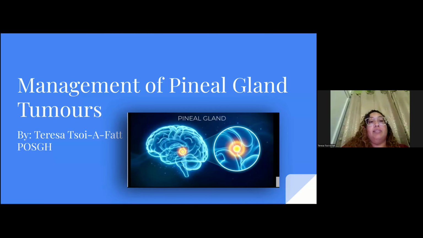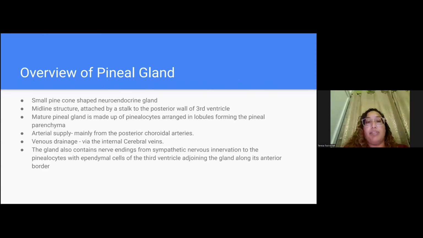So, the pineal gland is a small pine cone-shaped neuroendocrine gland. It's a midline structure that's attached to the stalk of the posterior wall of the third ventricle. The mature pineal gland is made up of pinealocytes arranged in lobules forming the pineal parenchyma. The arterial supply to this gland is mainly the posterior choroidal arteries, and the venous drainage is via the internal cerebral vein. The gland also contains endings from